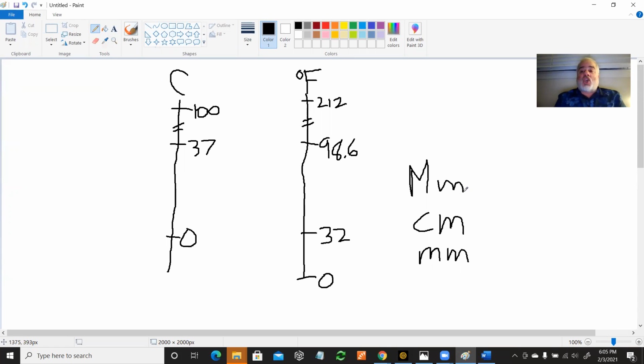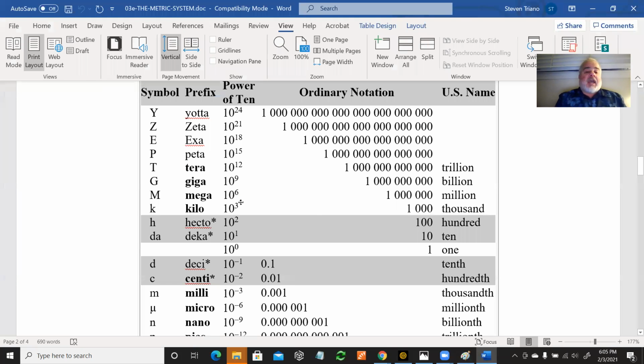Capitalization makes huge importance in the metric system, and mega, capital M, is 10 to the 6th, or a million of something, a million meters. That's a long way to run. That's 1,000 kilometers, 1,000 thousands, right? A million. And this goes all the way from iota, 10 to the 24th,